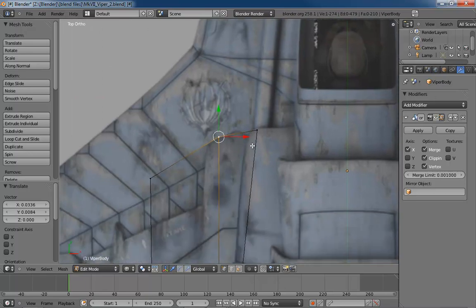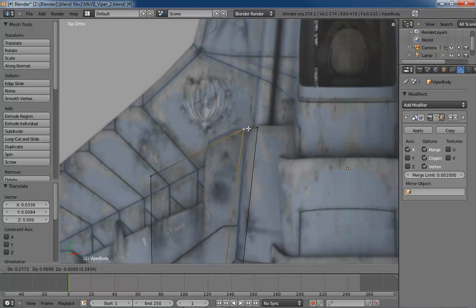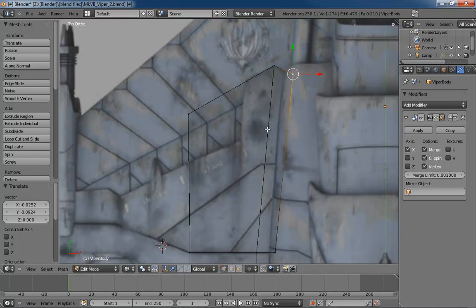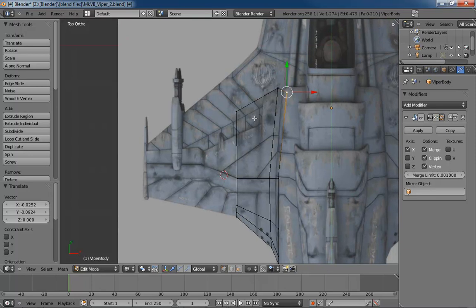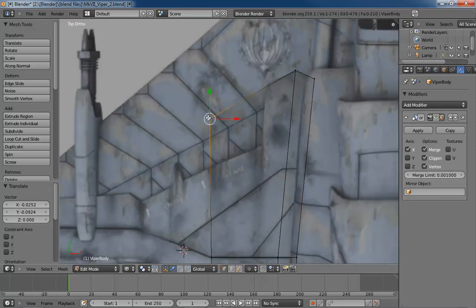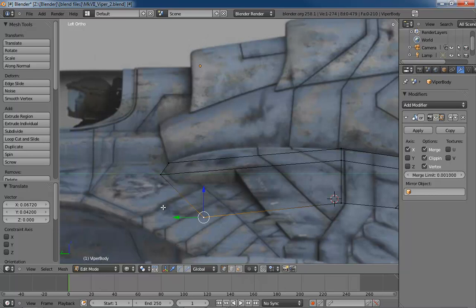Now what I can do is I can probably take this little piece of detail and pull it up here to about the point of it, and maybe pull this back. And that starts to kind of emulate it a little, which might be just as useful. Now at the same time, once again, we can use our detail to figure out where stuff should be placed. So I could put this vertex right here along this little stripe that you see, and then jump over to the side view, and there's one and there's the second one, so it should be somewhere right about here. These pieces I'm also figuring should be pulled up just a little bit. So that's about right with where the